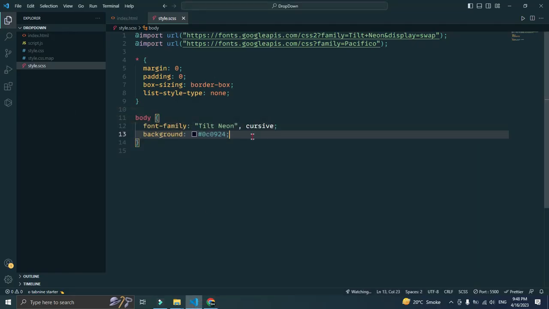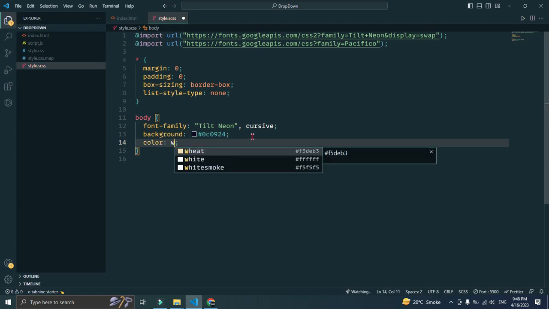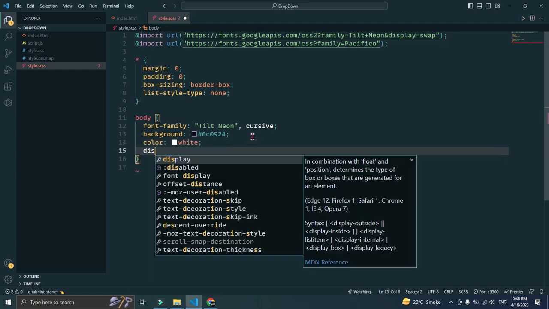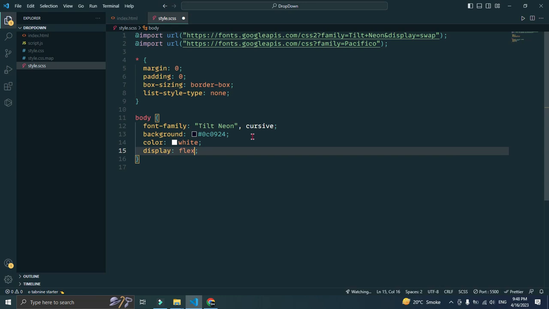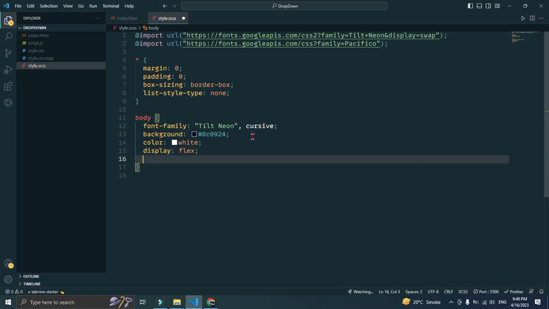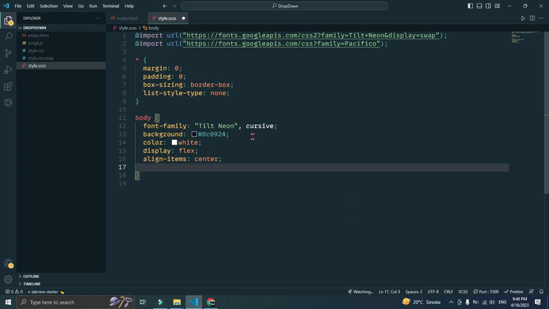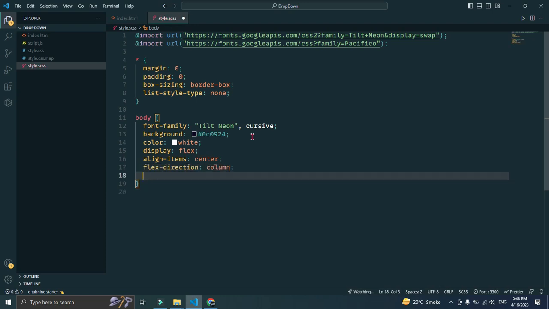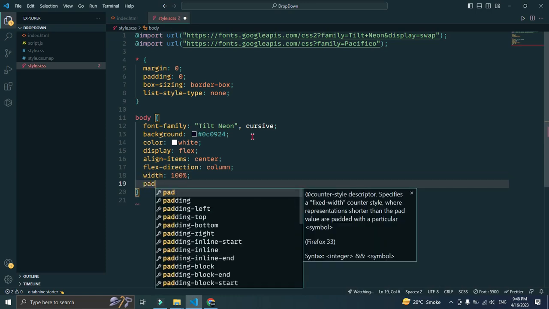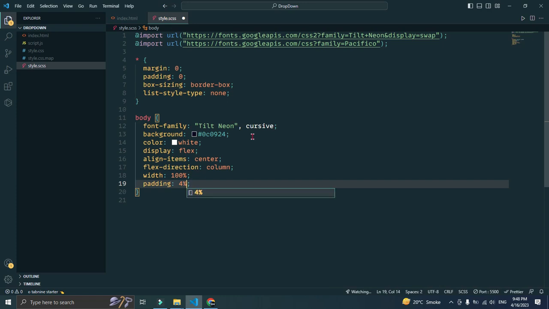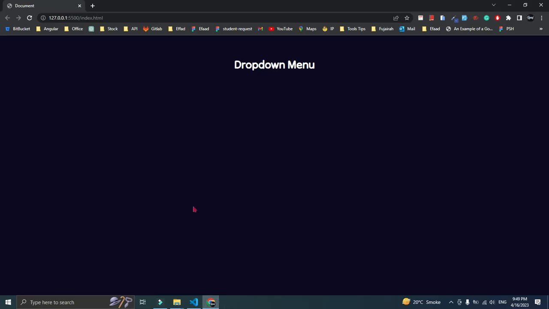Now let me set the color to white, and display would be flex, align items would be center. I'm going to use flex direction column, good, and width would be 100%, and the padding would be 4%. If I just save it and go here, you can see it's in the center, but